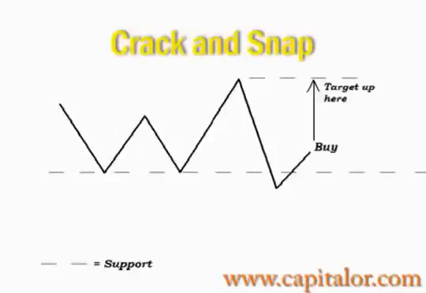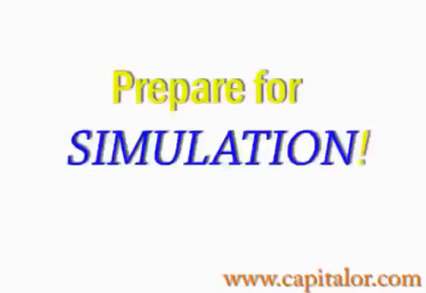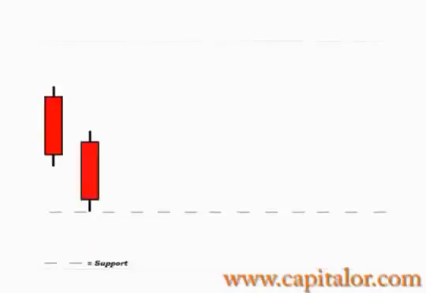And to make your apprehension of this pattern even easier, I am going to show you a simulation much like I did with the falling off the roof pattern. So prepare yourself. This time the dotted line is support. The simulation begins with the candlesticks approaching the support line, but it stops right above the support line and goes up